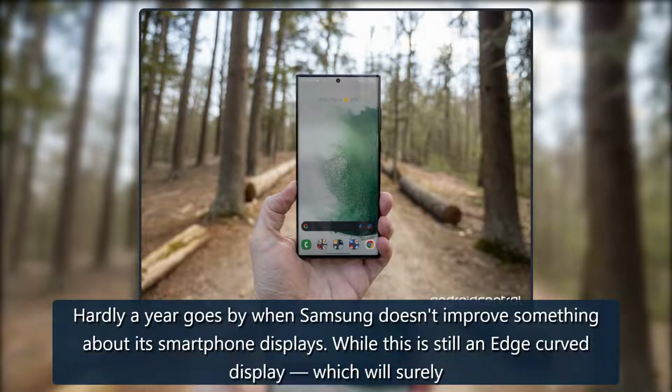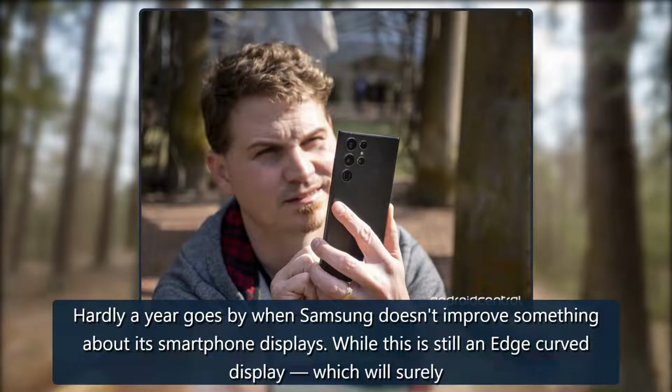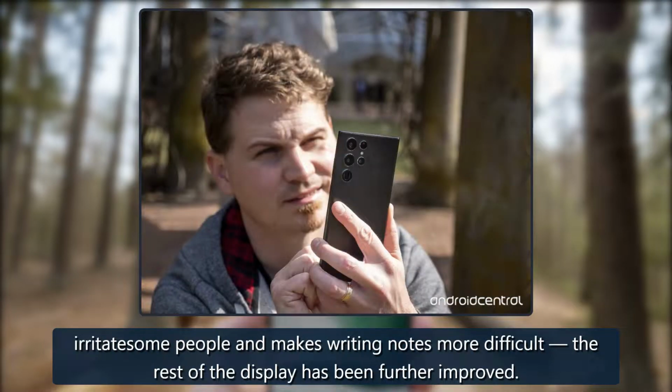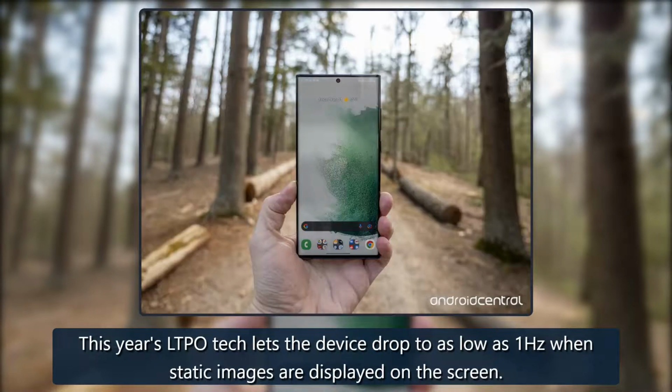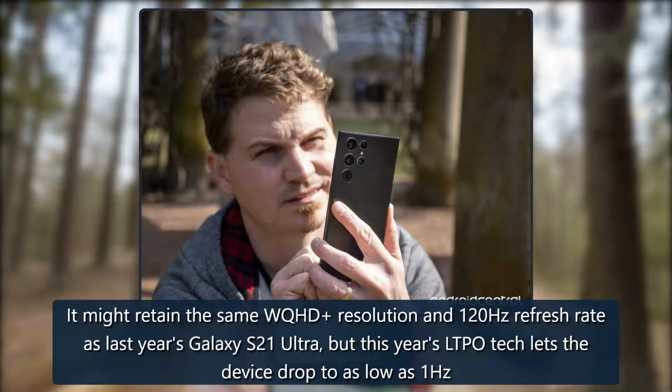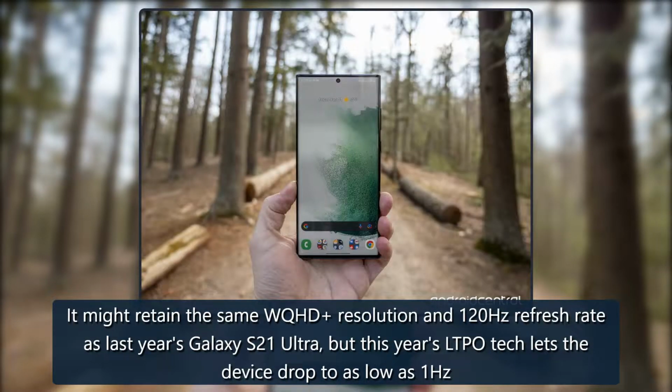Hardly a year goes by when Samsung doesn't improve something about its smartphone displays. While this is still an edge curved display, which will surely irritate some people and makes writing notes more difficult, the rest of the display has been further improved. It might retain the same WQHD resolution and 120Hz refresh rate as last year's Galaxy S21 Ultra, but